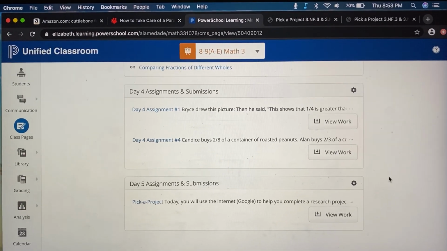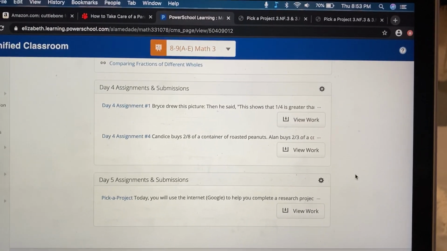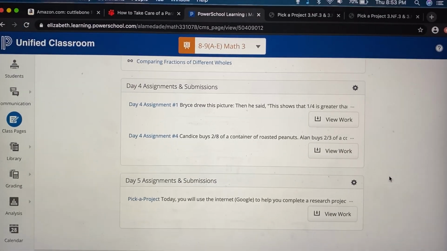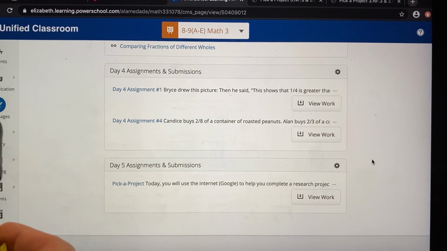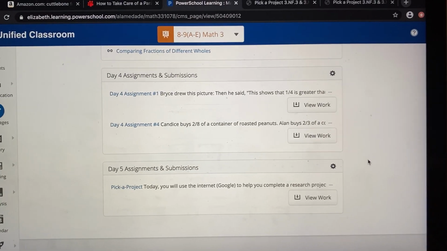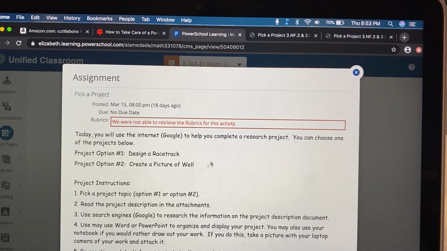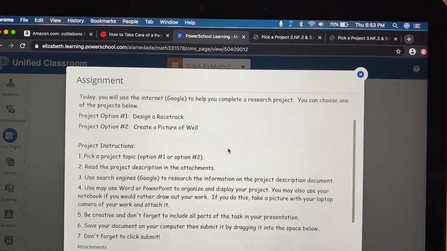Hey guys, today we are on day 5 for math. So make sure you guys are on math, class pages, week 3, day 5. We're going to click on day 5. And here we have a couple of